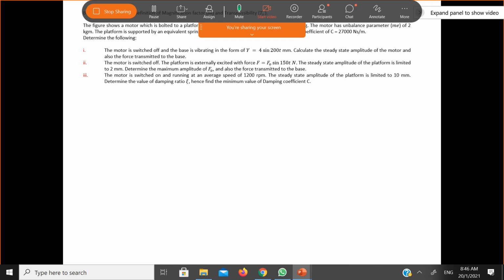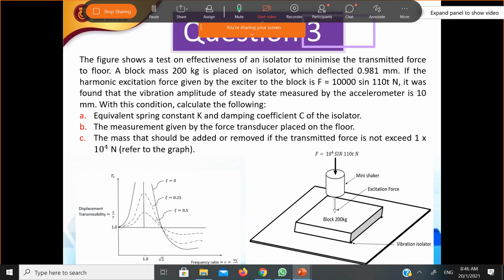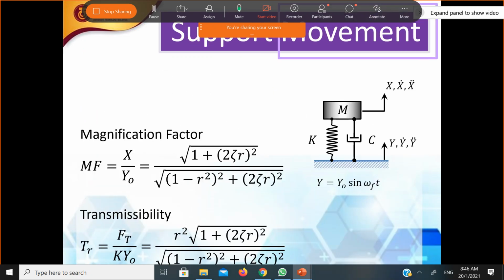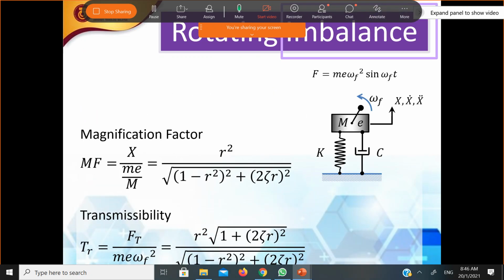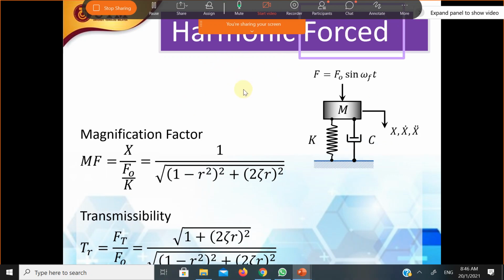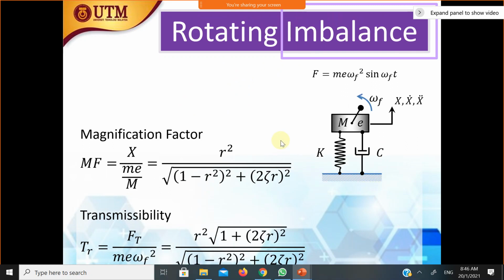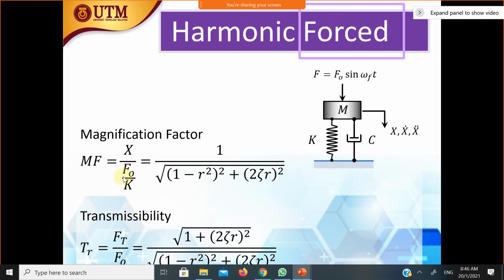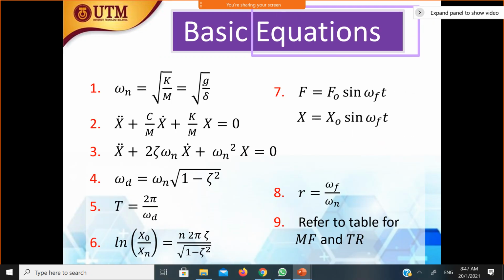So macam mana nak dapat F naught? What is our formula? Kita guna formula mana? This one kan, harmonic force. Okay, harmonic force, which is kita ada X over F naught over K. Yang ni kita nak dapatkan dia. And then kita nak dapatkan Ft. So kita guna dua rumus ni lah untuk dapatkan F naught dan juga Ft. So how to find F naught? Then using this formula,